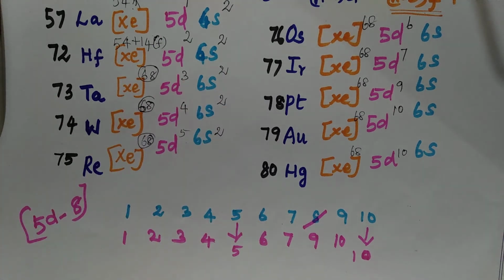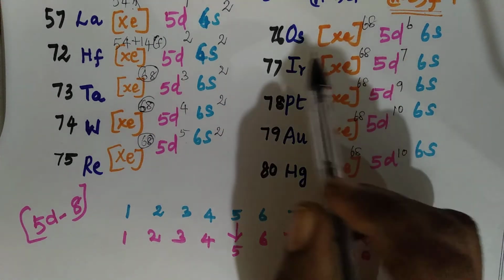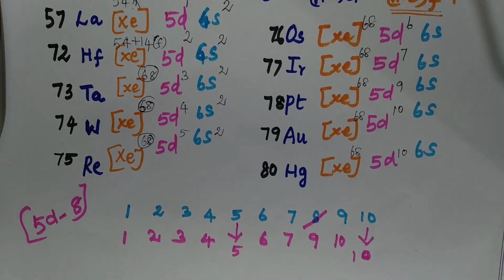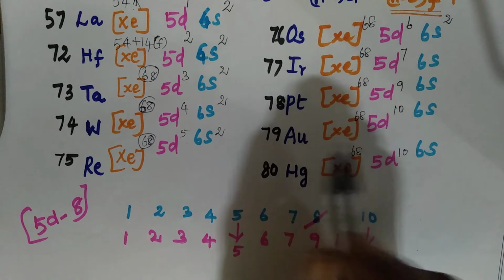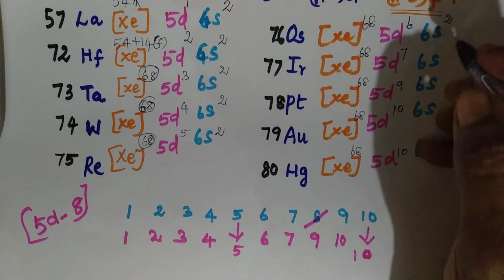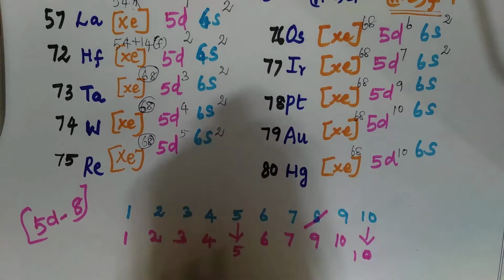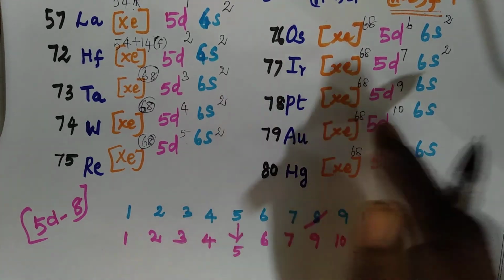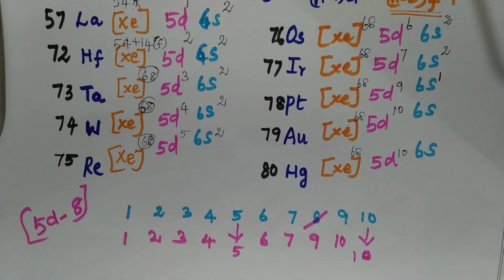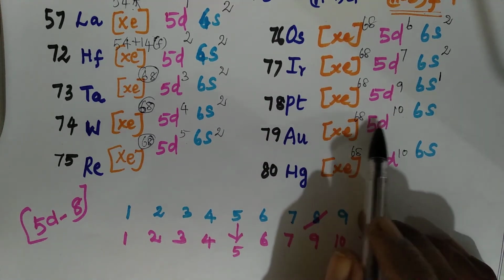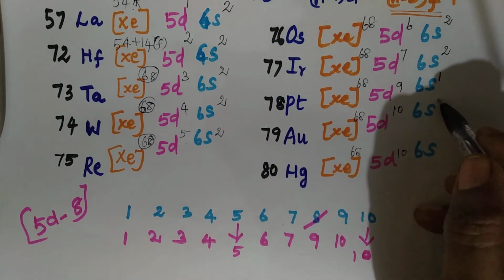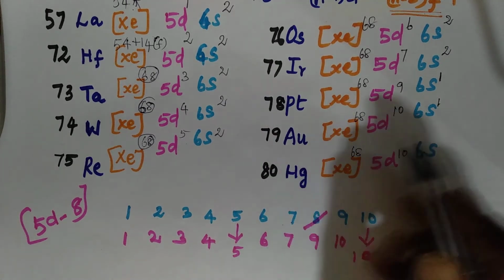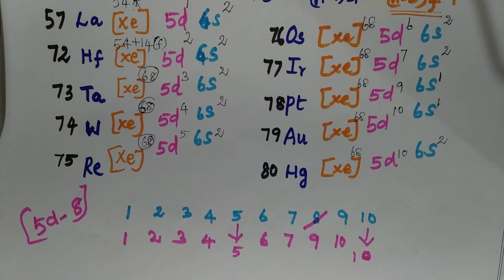Remember the reason in that way. Okay, 2 electrons. Then here also we'll get the same, right? 68 plus 6 it is 74, again 2. 76 minus 74. 77 minus 75, 68 plus 7. Now it would change. 68 plus 9, it is 77. 78 minus 77, 1 only. The same with 68 plus 10, 78. 79, 1 electron. 68 plus 10, it is 78. 80 means it is 2.